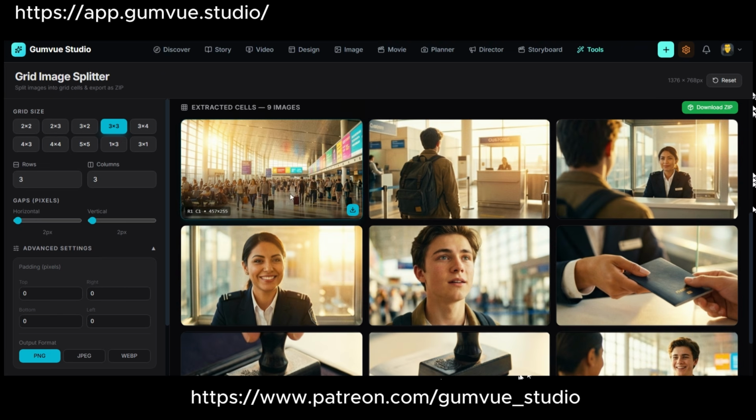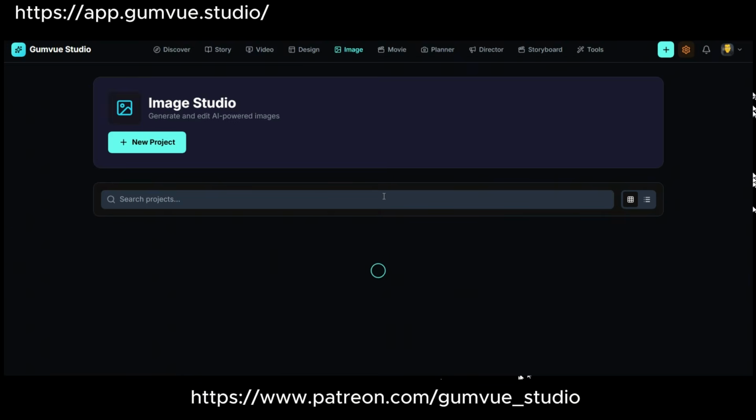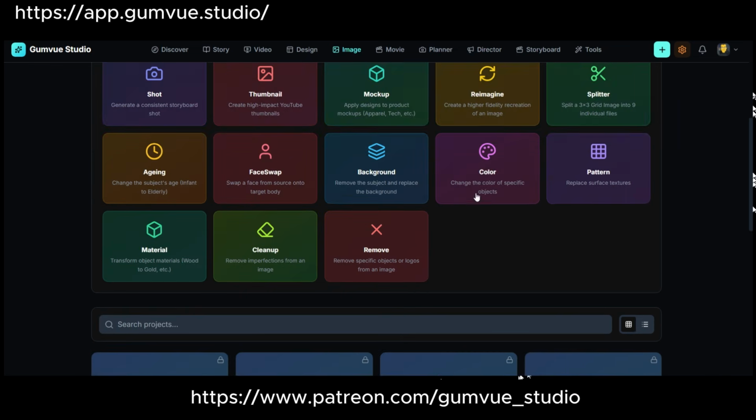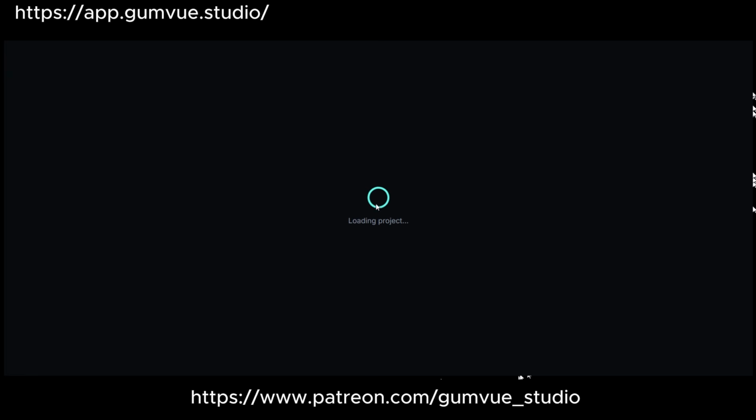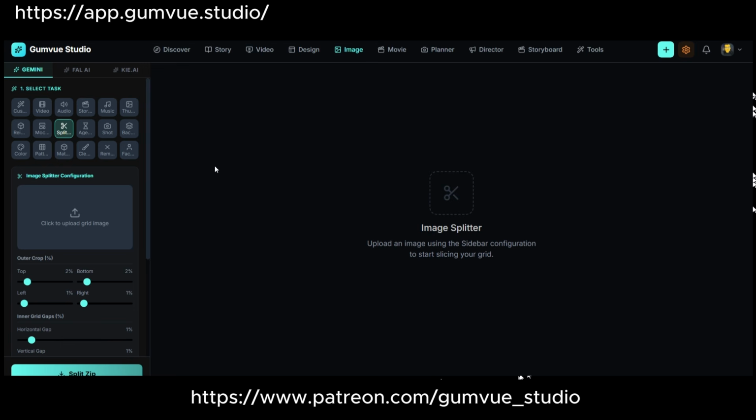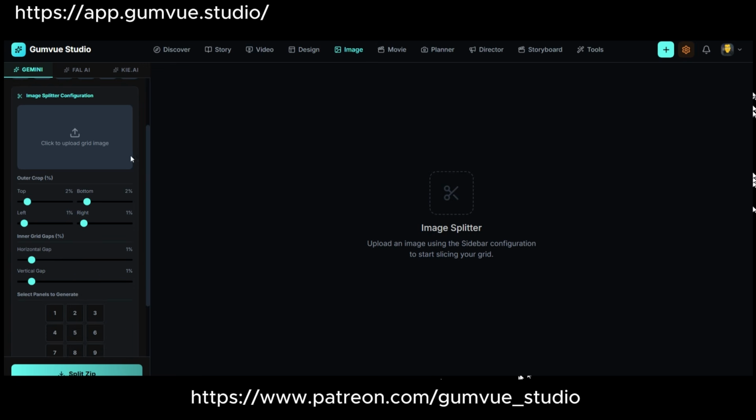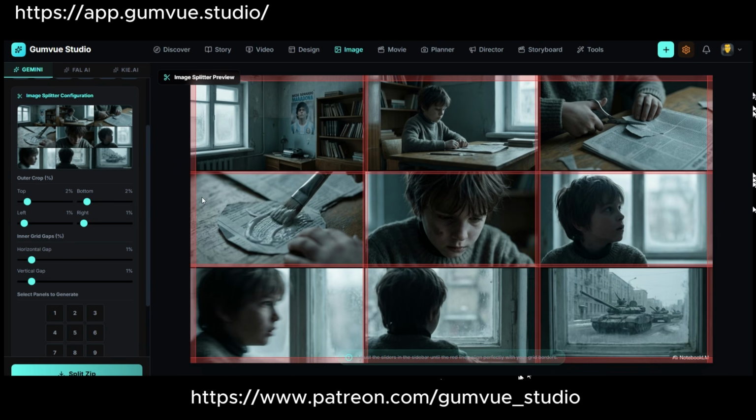But to go more advanced, we have another tool here, as you can see. For example, it says splitter. This one is better. Okay, and then if I upload the same image, you see this one is more accurate.